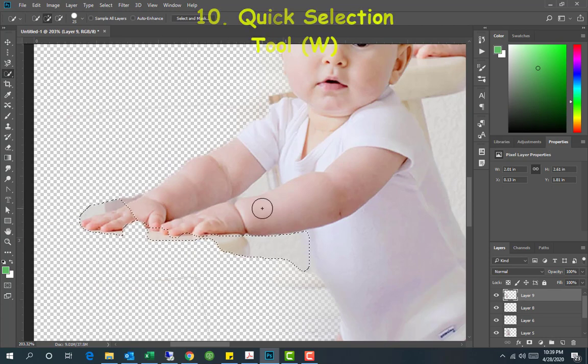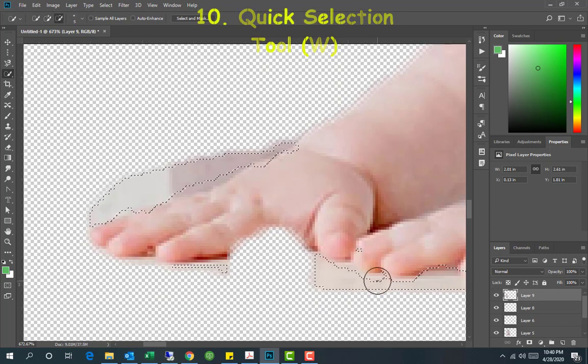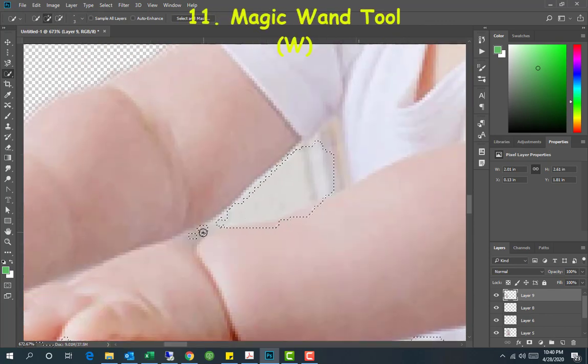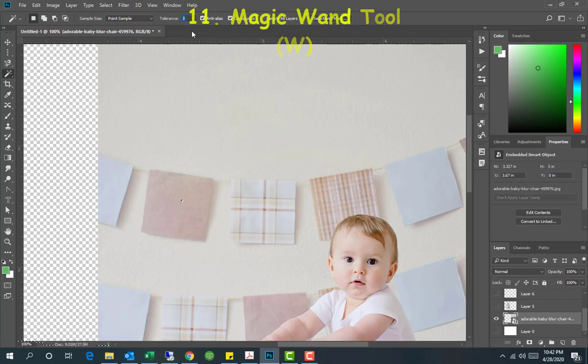To add to selection, use this plus button, and to subtract, use this minus button just under menu bar. To further tune selection, you zoom in and remove the unwanted area. Magic wand tool automatically captures the same color. We can adjust tolerance level here to grab more similar colors.